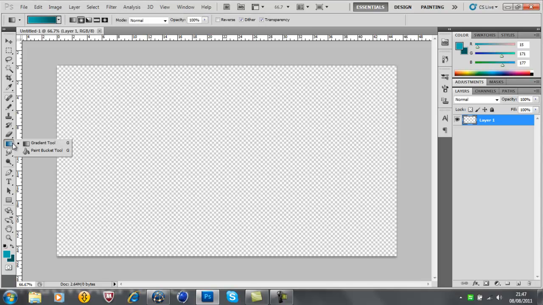And now we're going to click here, and that's the gradient tool. But normally, by default, it will be the paint bucket tool, which looks like this. You just hold your mouse down, and there's the gradient tool, or you can press G. But you don't need to learn the shortcuts because it only saves a little bit of time. It's not essential. Now I'll start on the basic one, which is just a linear